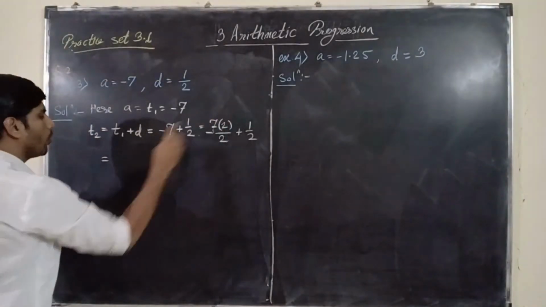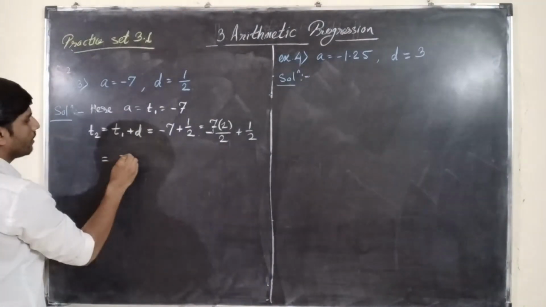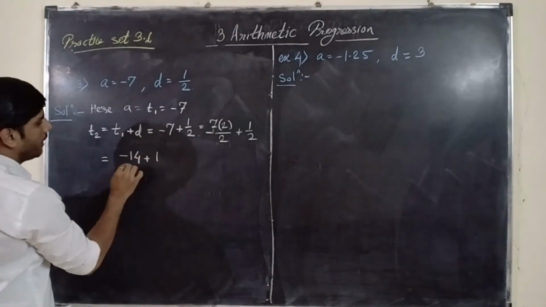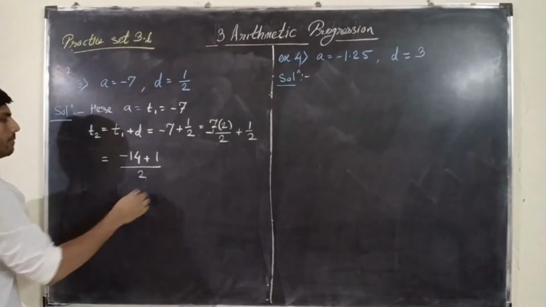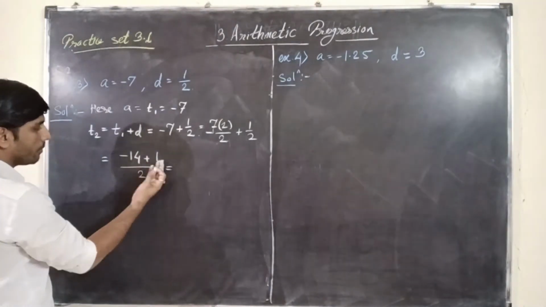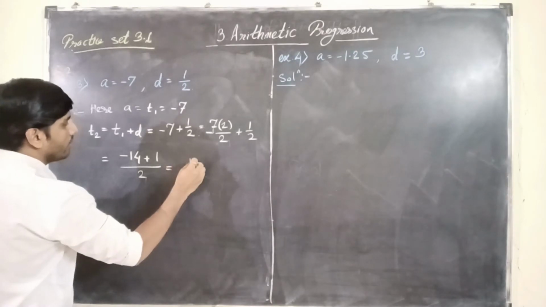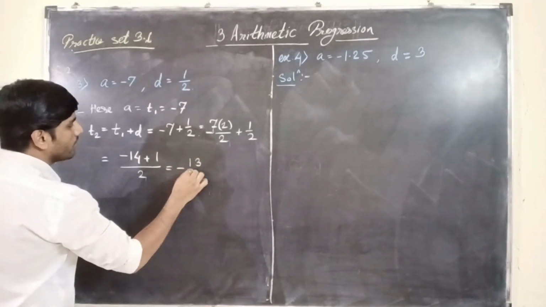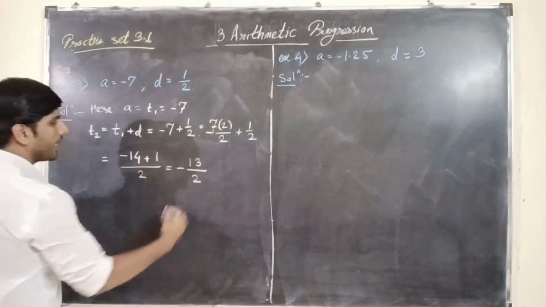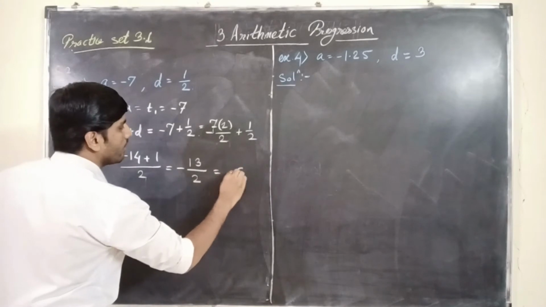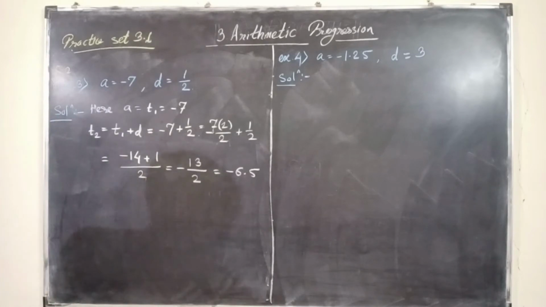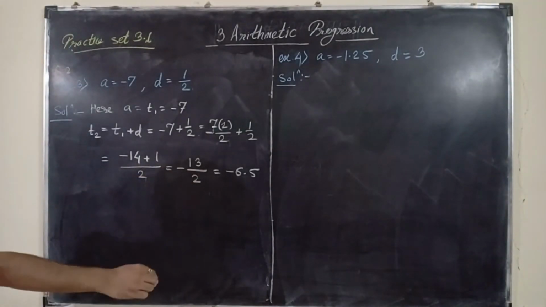So this will become, the 7 is negative, so negative 7 into positive 2. Again here we will get negative 14 plus 1 and the common denominator as it is. Their signs are opposite, so subtraction will take place. So the difference between 14 and 1 is 13. Negative sign, greater number's sign. So 13 will become negative, denominator as it is, and half of 13 is 6.5 and the negative sign as it is. So the next term we have got is negative 6.5.